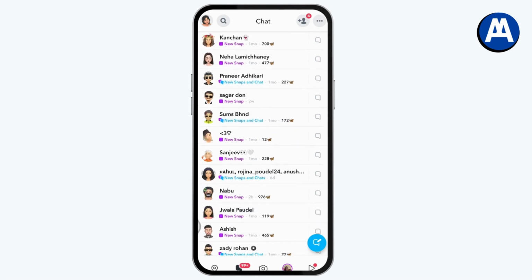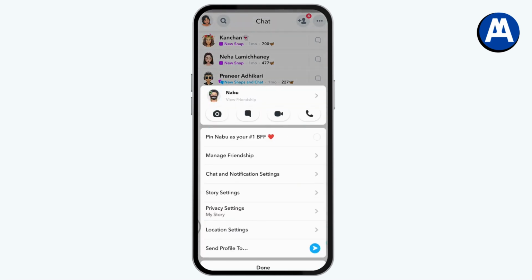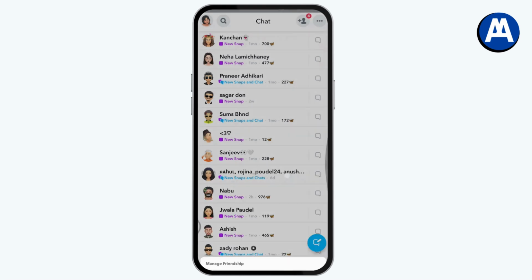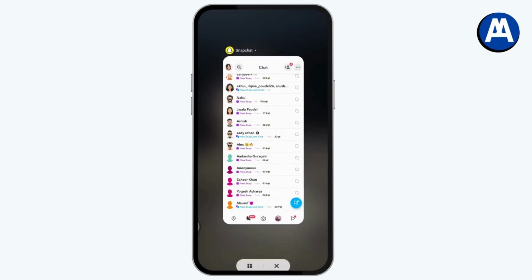Or the other thing you can do is simply tap and hold on to that and then go with the manage friendship option, and then you can simply remove them from your friends, or you can block them if you don't want that person. So that's how you can hide your friends on Snapchat,